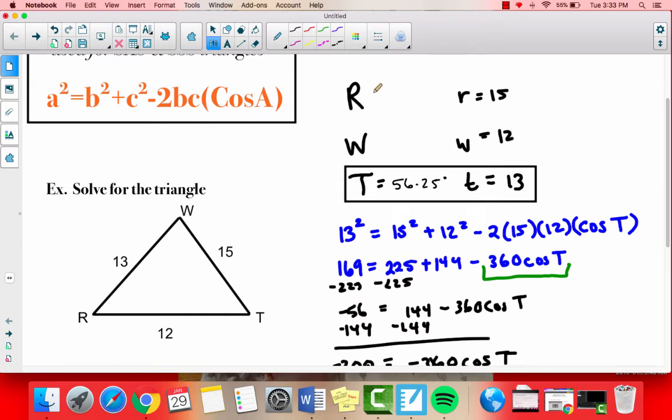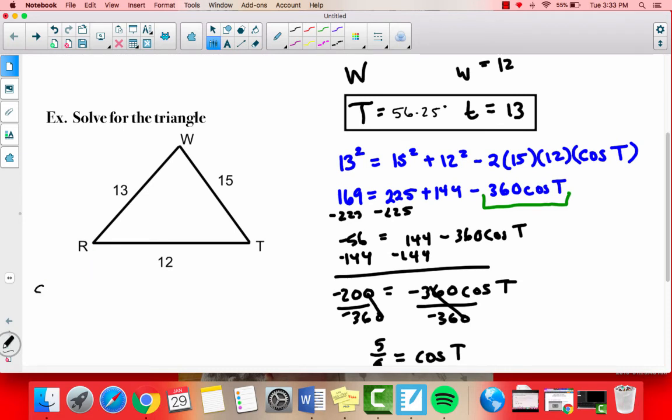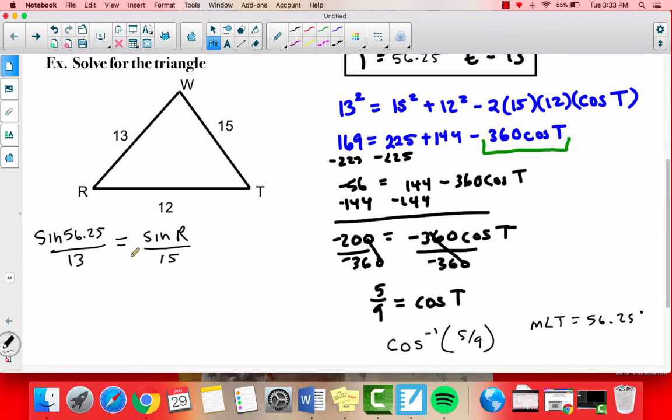Let's start by solving for angle R. If I do that, I'm going to plug into my proportion. I'm going to have my angle T, so sine of 56.25 over 13 equals sine of angle R over its side length, 15. And then I can cross multiply. Because I've already done this in the last video, I'm just going to show you what my answer would look like. I'd get that the sine of R is equal to,